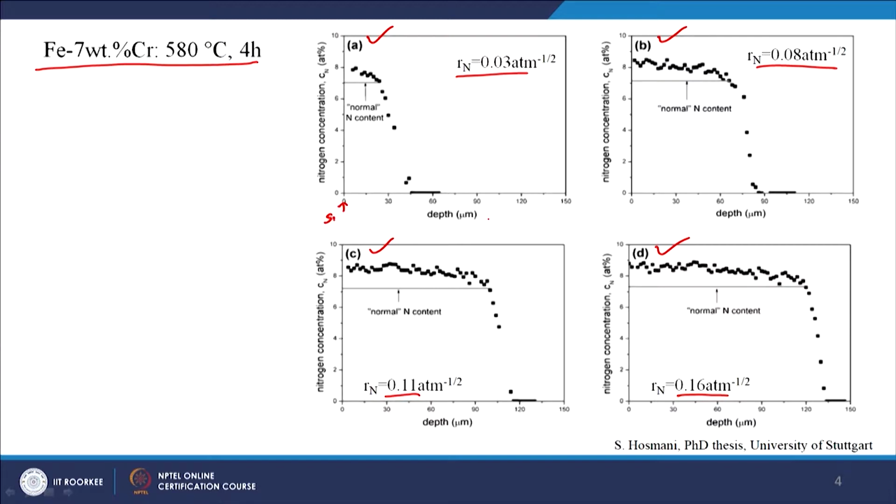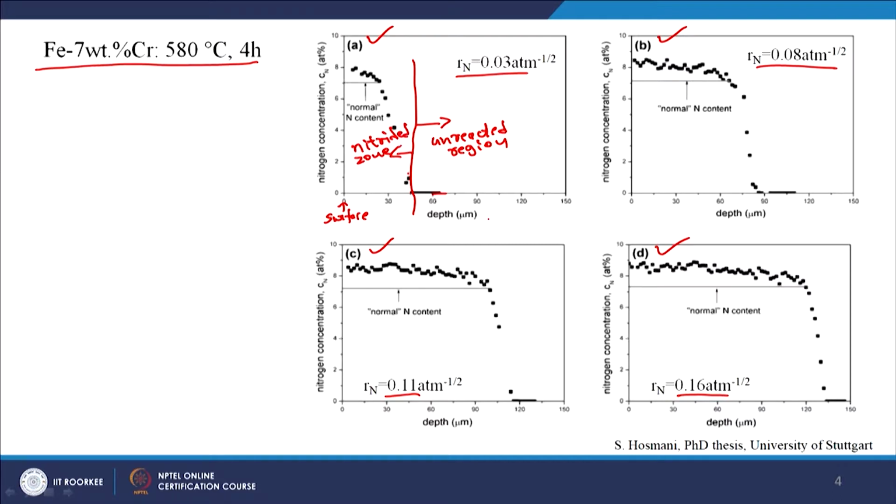This is the surface of the sample, and then as you go into the sample, you see that the nitrogen concentration is close to about 8 atomic percent, and then it goes down, and then you see that it is rather 0 in the core. That is what you see. So, if we demarcate here, this side of the region is the unreacted region, and the region on this side is the nitrided zone.